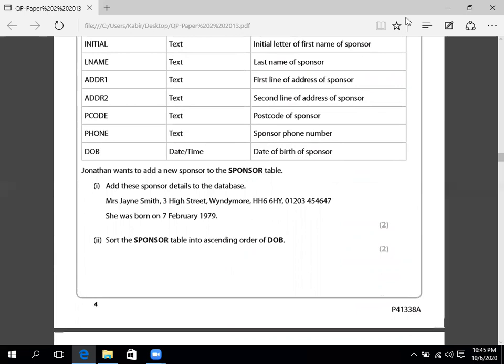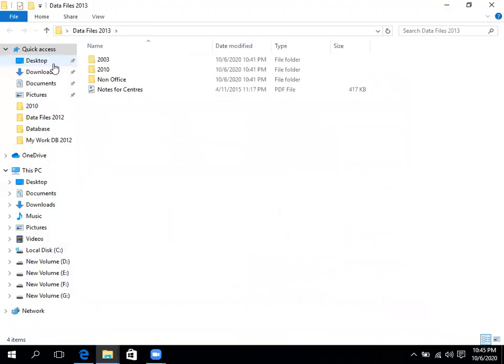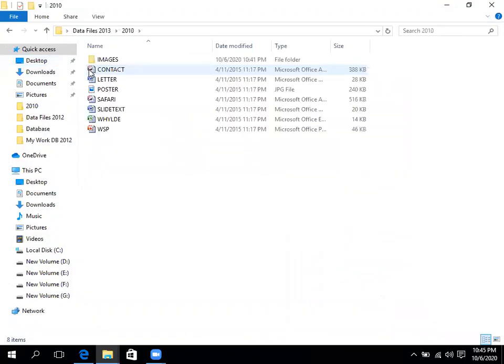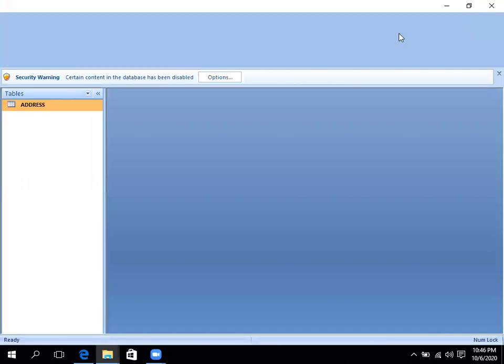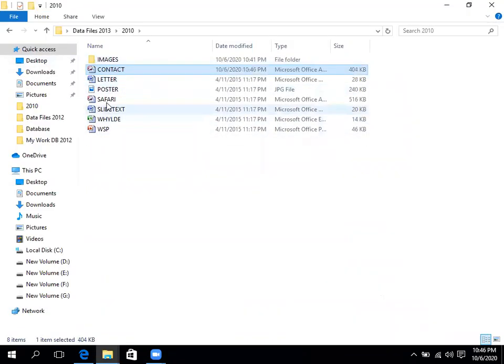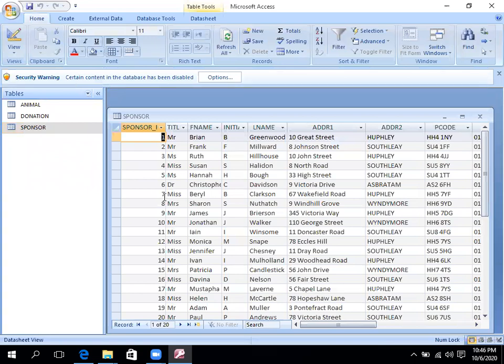So go to the data files. Here, data files, 2010 we are going to use, and contact database, we have to use the Safari database. So Safari, open Safari. Here there are three tables: animal, donation, and sponsor. Open the sponsor table. Here